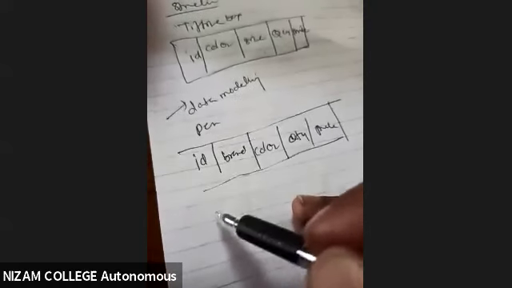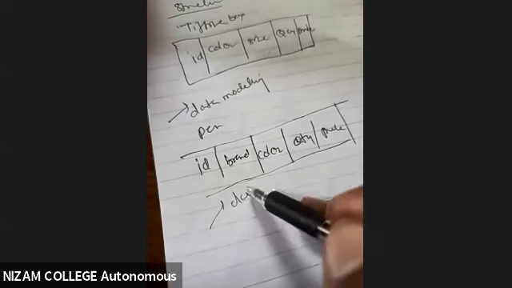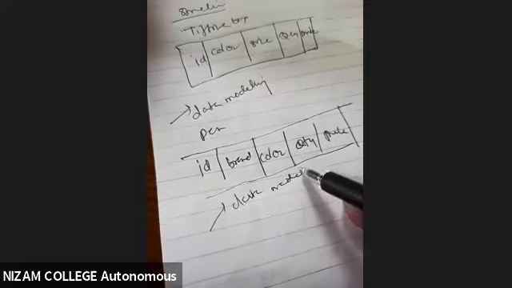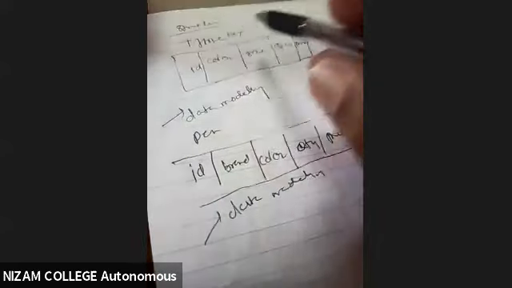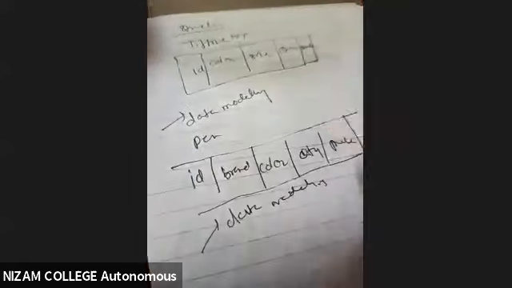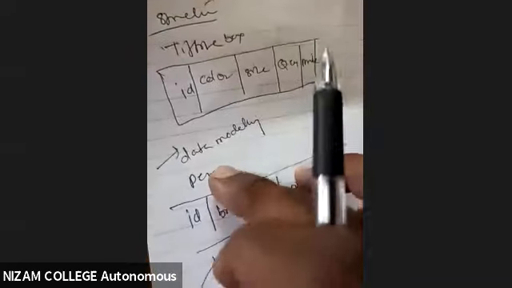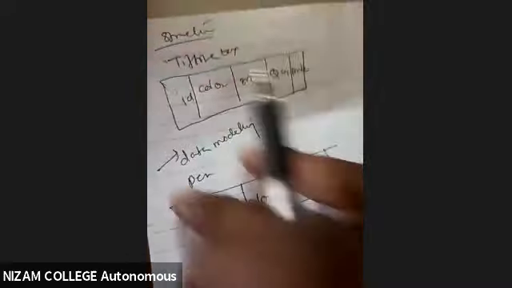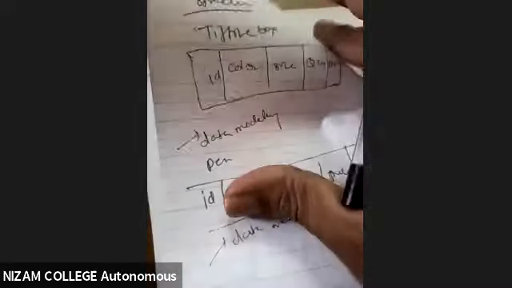Again I have created a data modeling for the pen. So this also becomes a data model. Like this, I have created multiple data models. Then I have given the total, entire picture of all the entities. In front of me I have identified four objects, and based on this I have designed the structure, which we call a data model. Once the data modeling is clear, we call the entire thing a schema.